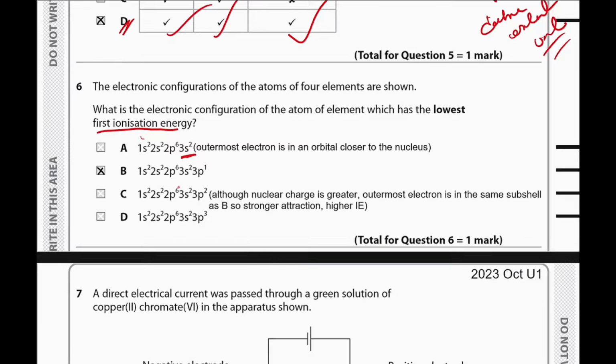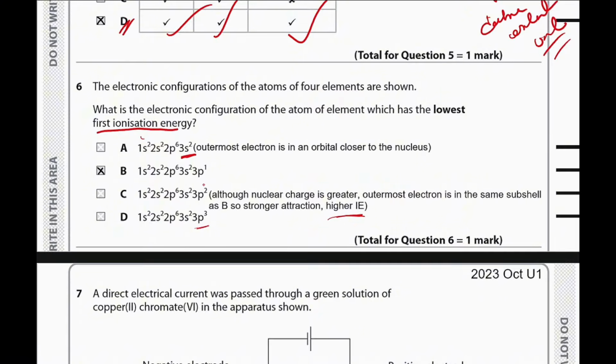If you check out C and B, even though the nuclear charge is greater, yes, obviously the nuclear charge is greater than this, the thing is the outermost electron is in the same subshell as B. So there is stronger attraction. Since they're in the same subshell, they're going to have the higher ionization energy. And if you talk about this one as well, in the case of these three, the outermost electrons are present in the same subshell, and they're going to receive the same shielding. But the main point here is